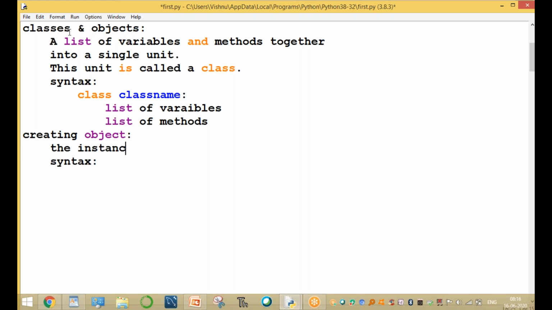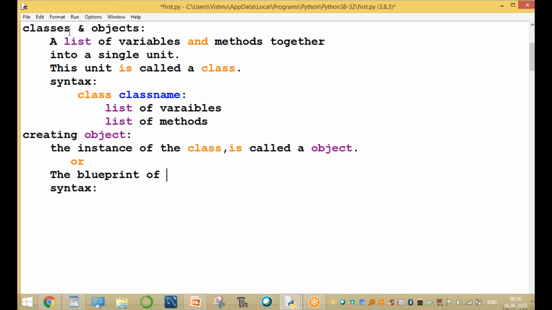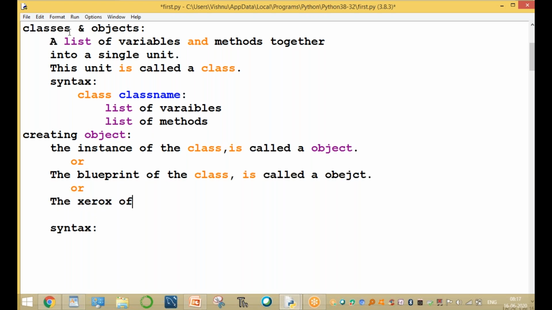The instance of the class is called an object, or the blueprint of the class is called an object, or in our terminology, the Xerox of the class is called an object.